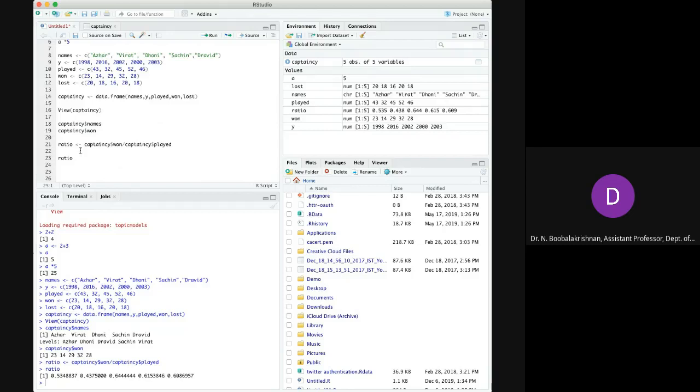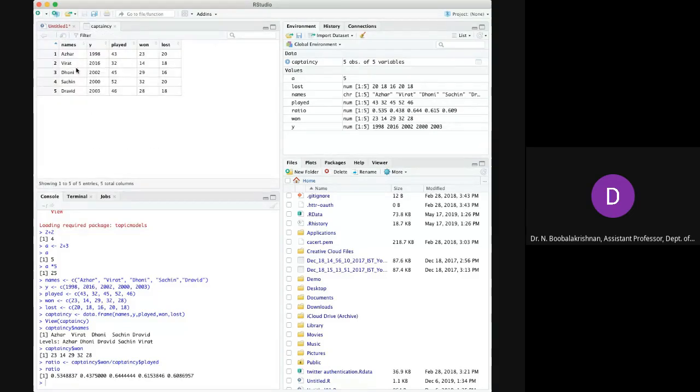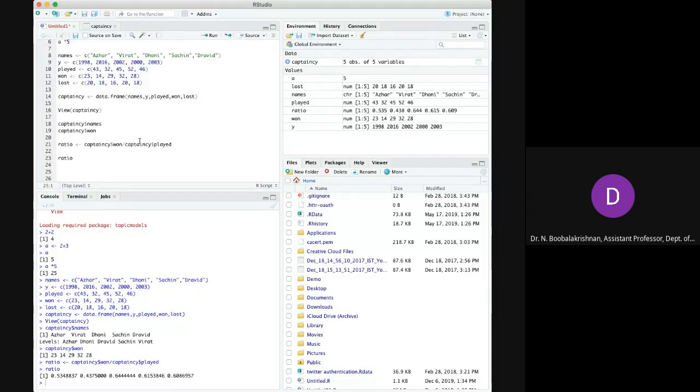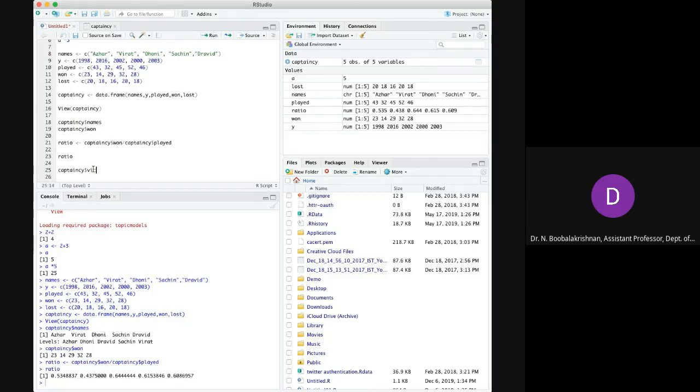Now I want to see the previous data set that we have created: name, year, played, won, and lost. What we created new is the ratio. Now captaincy dollar victory, which we call victory, is the ratio. That means in the captaincy data frame, it will add one more variable, that is victory.